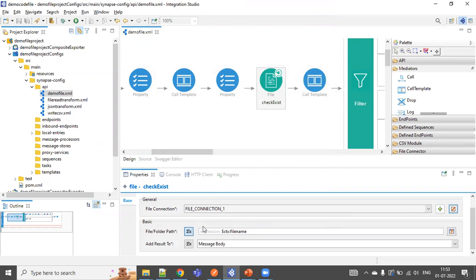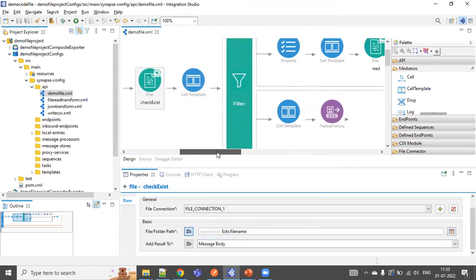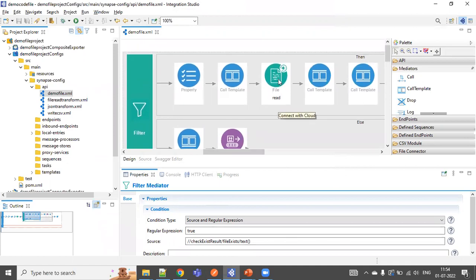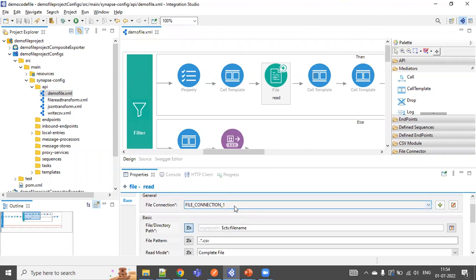The result from the file check, whether it exists or not, I'm storing in the message body. After this, I'm using the template for logging purposes, and a filter for checking whether the file exists or not. If the file exists is true, it will go and read the file from the system, from the location that was